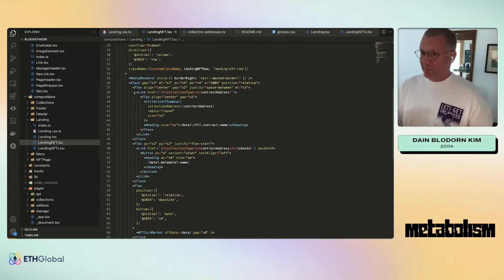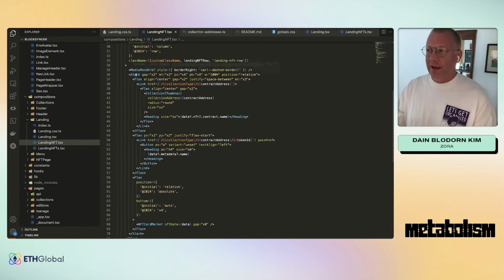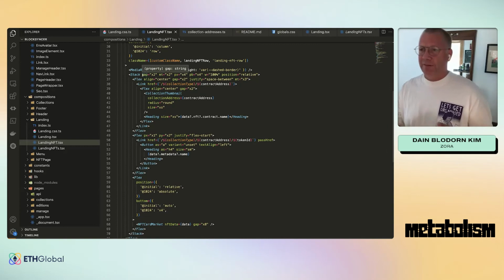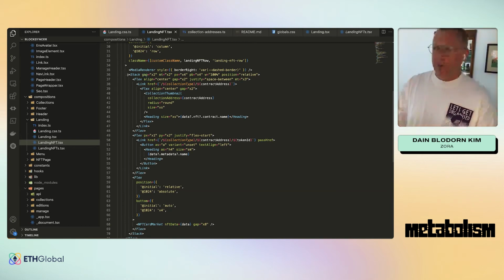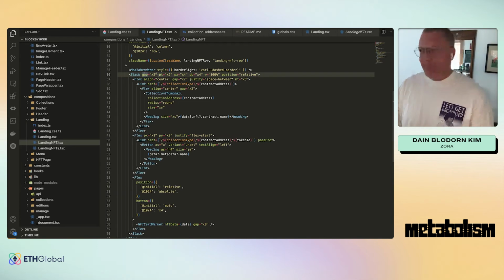And also, it's important to read the vanilla extract documents because it takes a little bit of time to get your bearings with, especially if you want to start writing custom classes and things like that. But what's super cool about this is that all of your very basic CSS rules are typed in the components themselves. And so if you look here, stack, this is essentially a div that is a flex column. And I say gap, margin top,